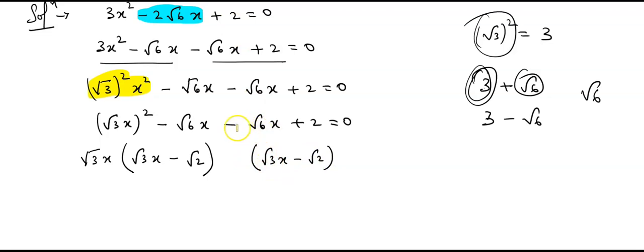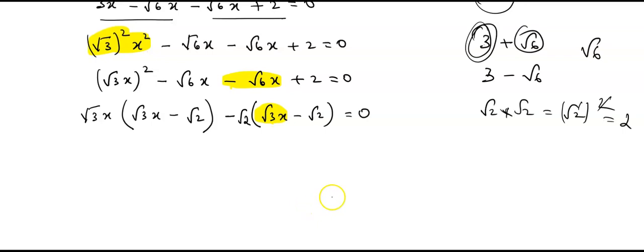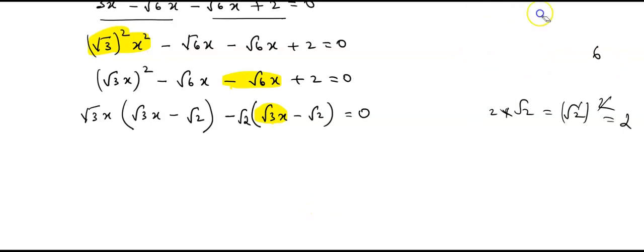Here as you can see, here we have root 6x, but here we have root 3, right? So plus into minus is minus, root 3 into root 2 is root 6. You can see here minus into plus is minus, root 2 into root 3 is root 6, already x is here. Minus into minus is plus, root 2 into root 2, that is root 2 whole square, that's nothing but square root gets cancelled, then that is 2. Yes, now we have got the factors here, right? Good.